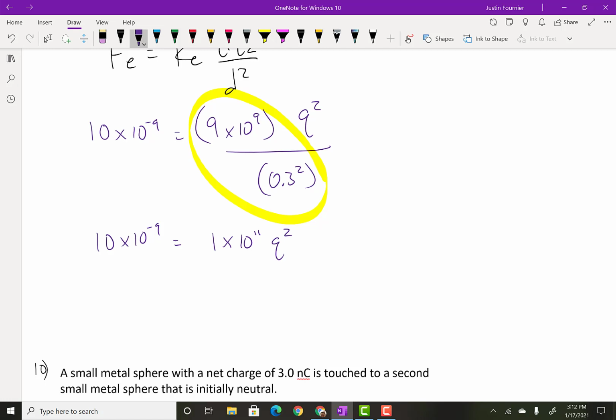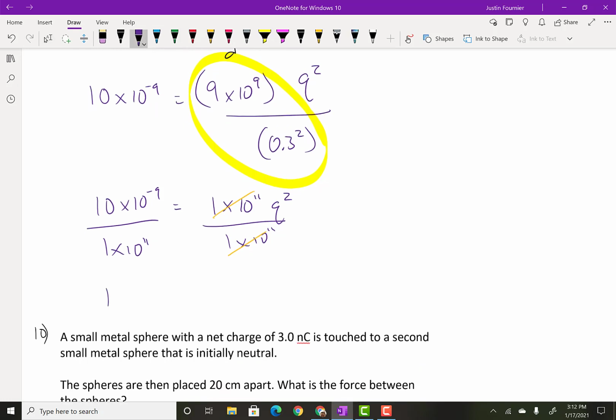So basically what I'm going to do is just divide both sides by 1 times 10 to the 11. This cancels with this. And then I'm left with 10 times 10 to the negative 9 divided by 1 times 10 to the 11. So it's going to be 1 times 10 to the negative 19